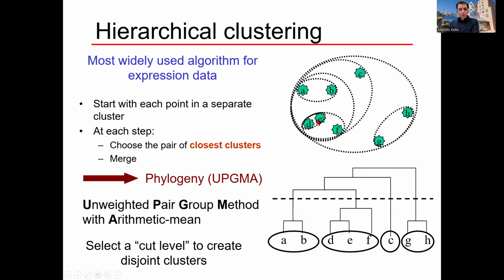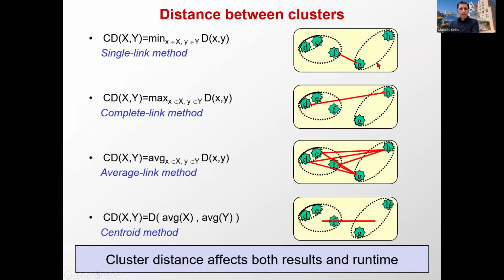But the problem is that the cluster-to-cluster distance is itself a matter of debate. How do you calculate the distance between this cluster and that cluster? You could take the distance of the closest 2 points. You could take the distance of the furthest 2 points. And if you choose this one versus that one, this one will basically allow you to merge clusters like a snake, connect them together, whereas this one will tend to make clusters that are very compact because it wants to make sure that the 2 furthest points are no further than any other cluster that I could merge. Is everybody with me here?